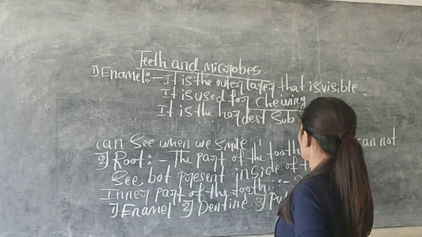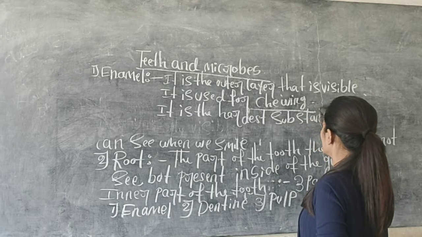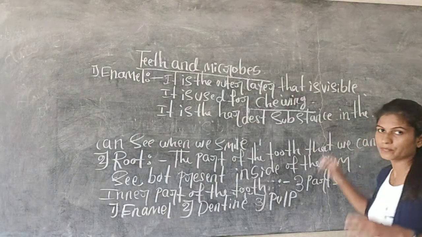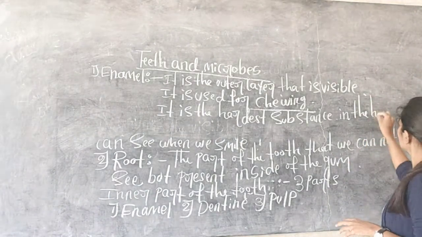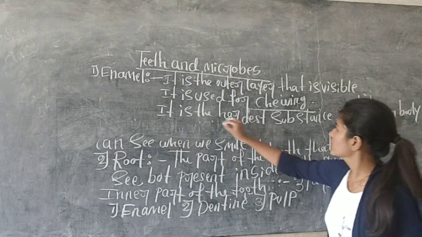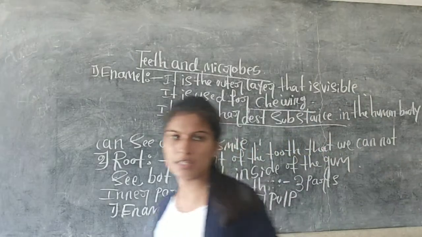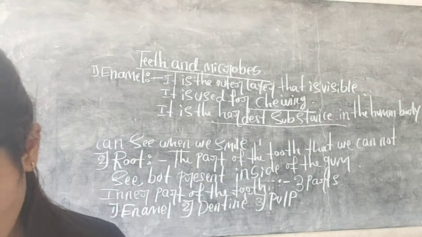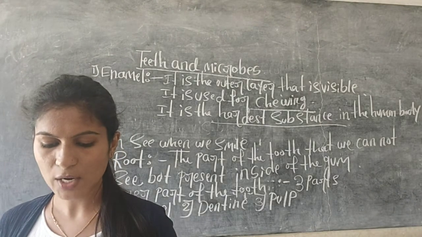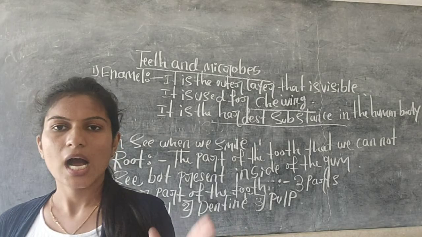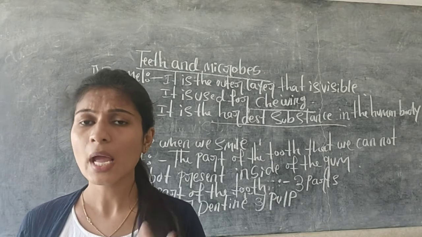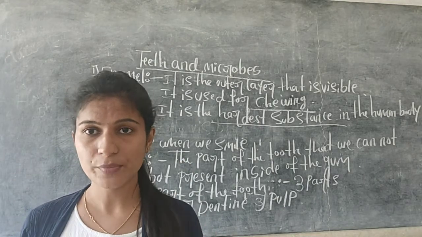Just make down the notes in your notebook. It is the hardest substance in the human body. But once it is worn out or chipped, it cannot be naturally repaired. We can say that enamel is the hardest substance in the human body, but once it gets chipped,